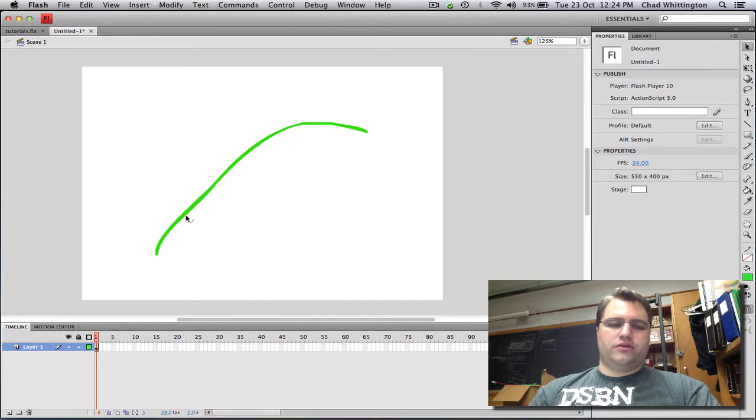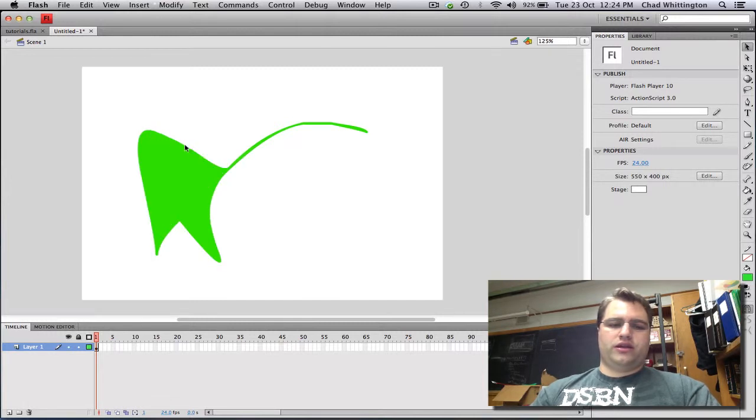The other major advantage of vector graphics is that I can manipulate the image after I've drawn it. So in this case, when I put my mouse over this line, I can pull and manipulate the graphic that I've already created. This is something that I certainly can't do in Photoshop. So I can change the shape,